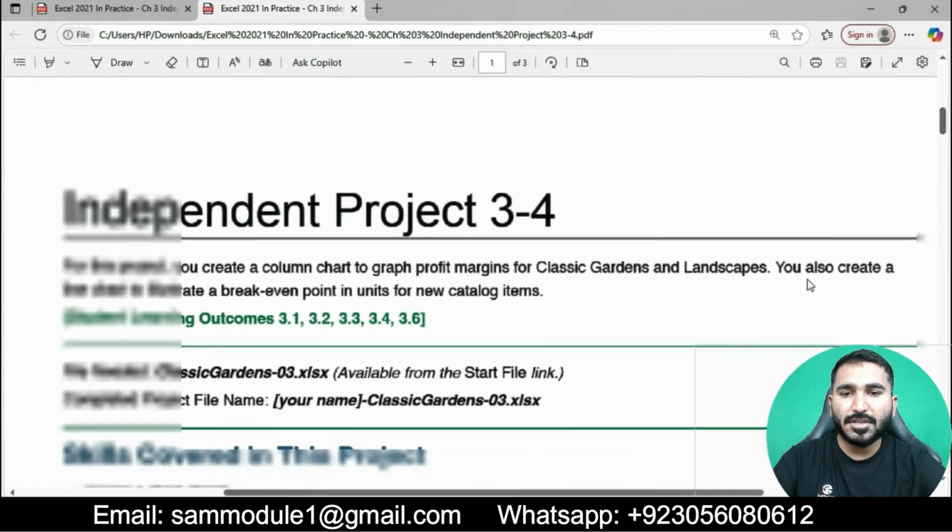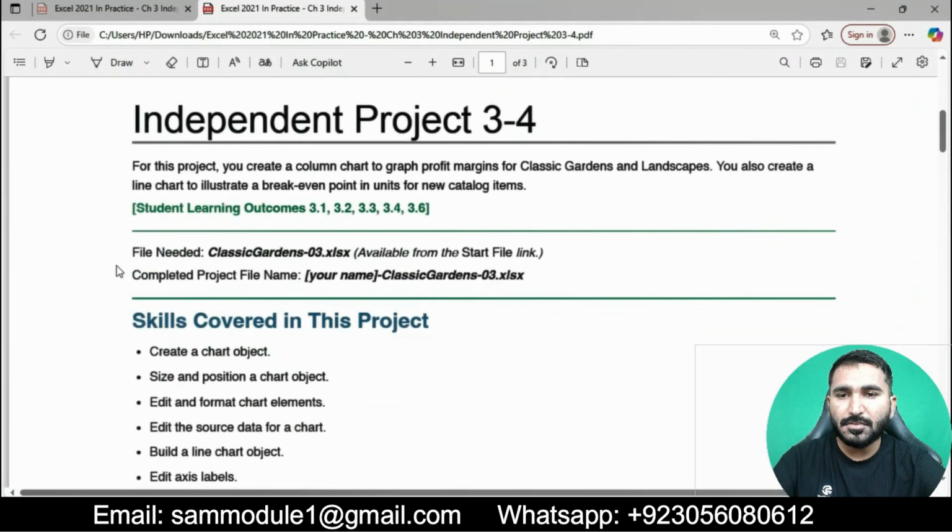You also create a line chart to illustrate a break-even point in units for new catalog items. The file needed is Classic Garden 3 XLS, available from the start file link. Basically, in this question we will download this file from the Mintab website. You can download it easily from there.